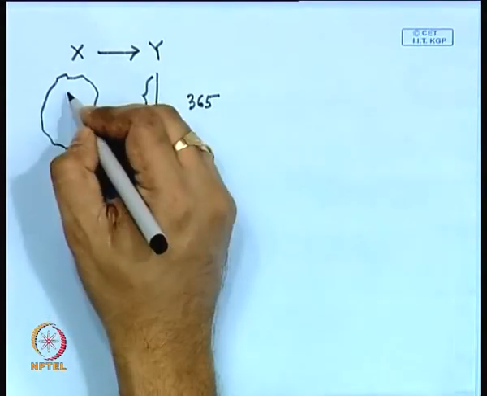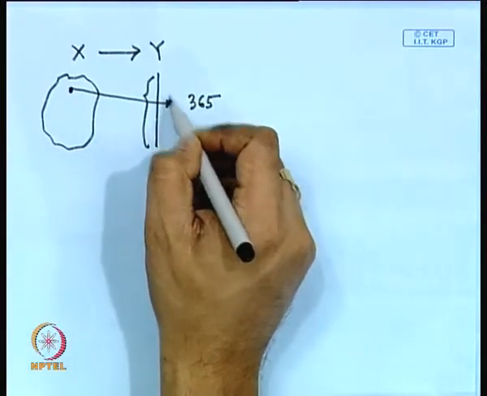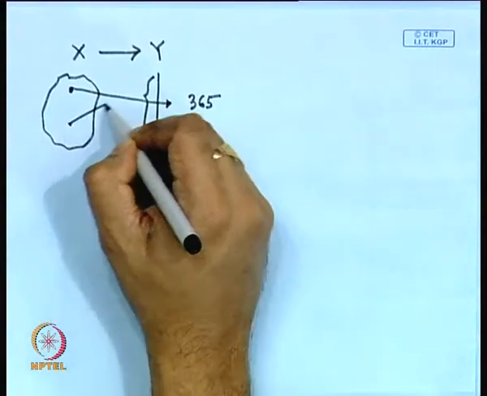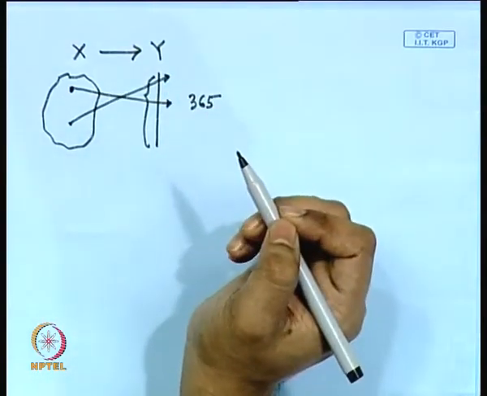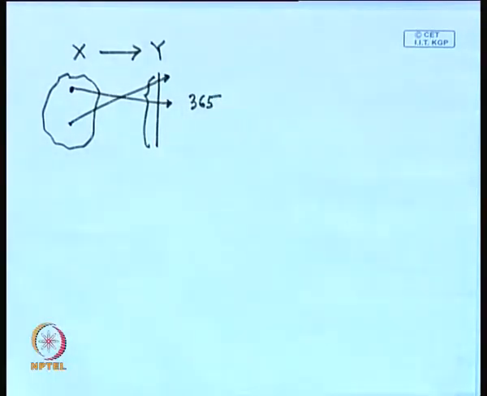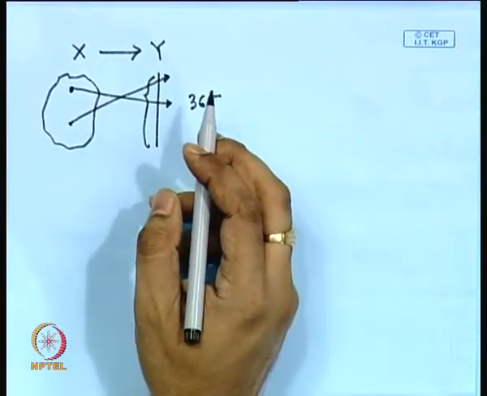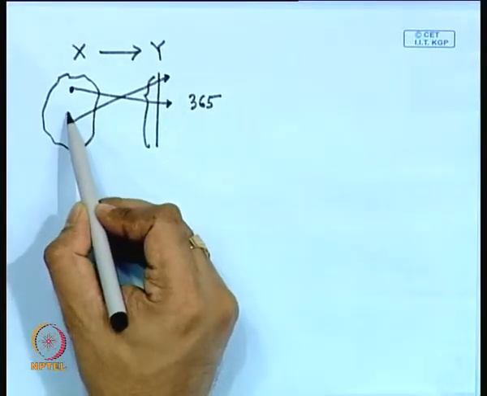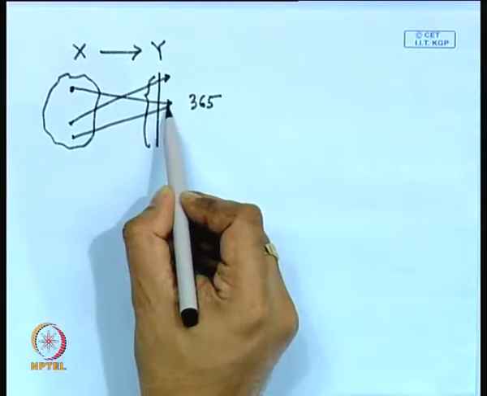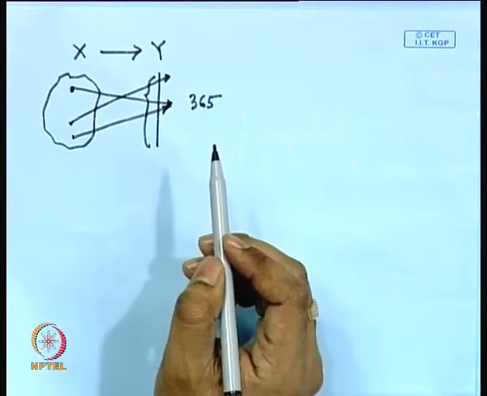Let us choose a person, say a, and we know that a will be mapped to one of these dates from the 365. If there is another person, then he or she will be mapped to another particular day among these 365. What we are essentially considering is the fact that there can be two persons who are born on the same day. So there is a collision of these two birthdays.